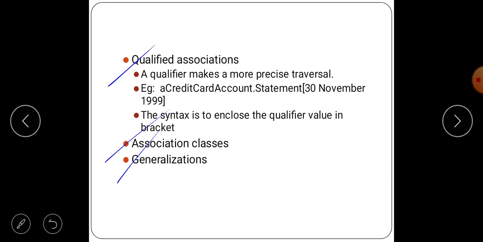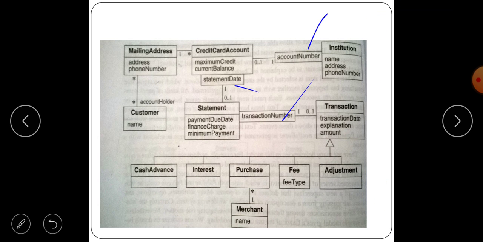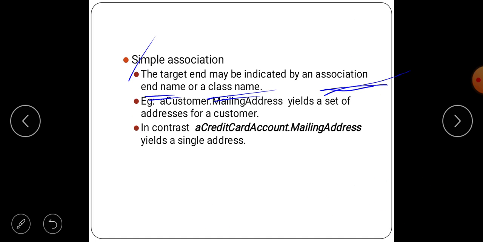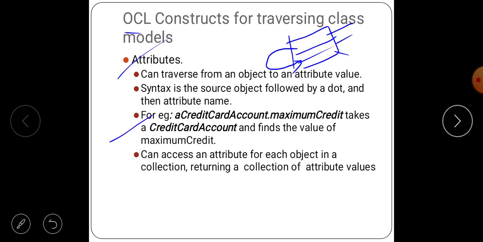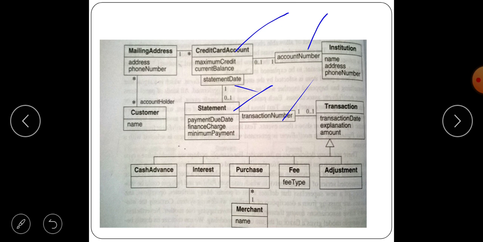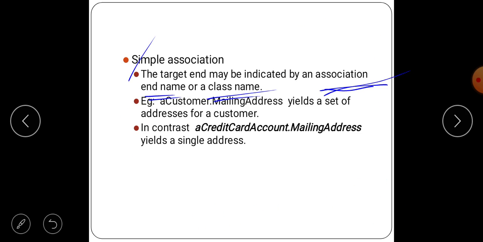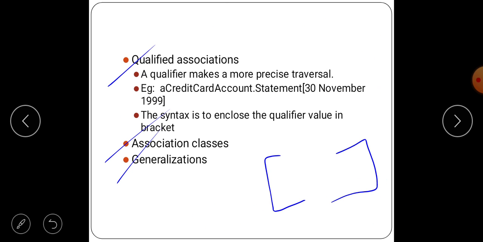Credit card account dot statement means there is a one-to-one connection from credit card account to statement, and the qualifier is mentioned within the square brackets, nothing but the statement date within the square brackets. Okay, this is a qualified association.